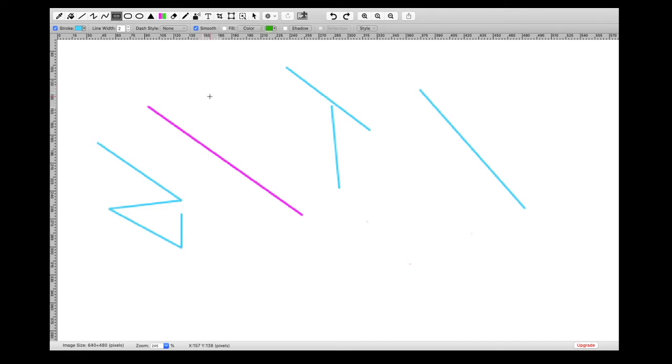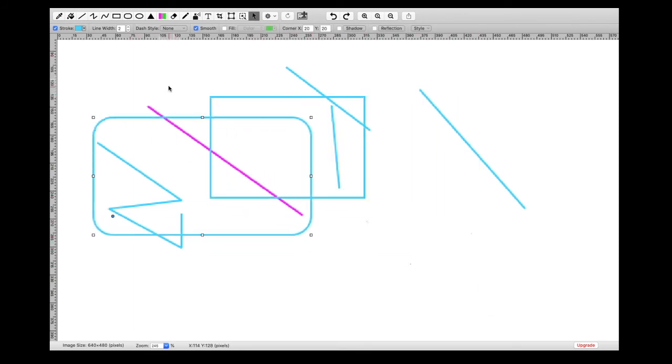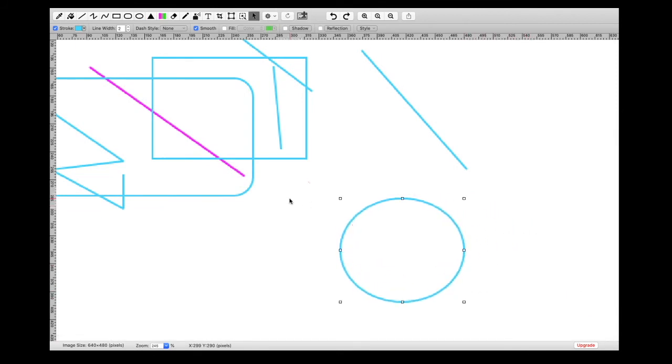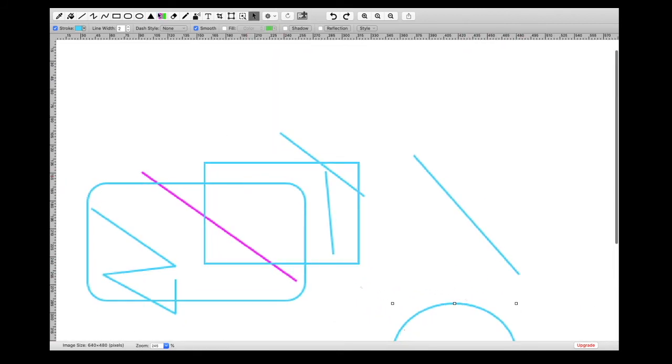Next is rectangle. You can see many figures are there in the tools. Suppose rectangle, then a rectangle circular at the edges. This is circle. You can make circle or any other figure using this.